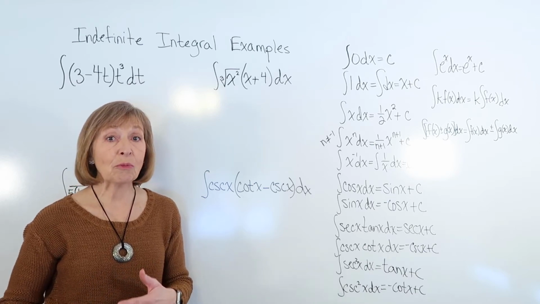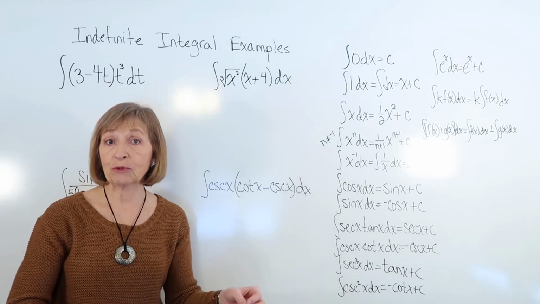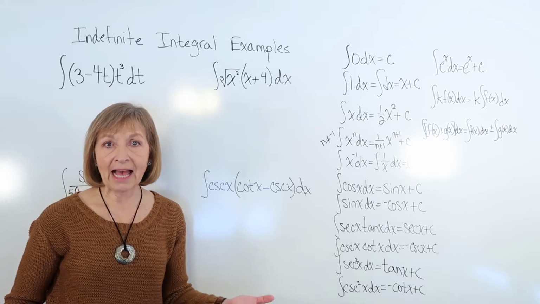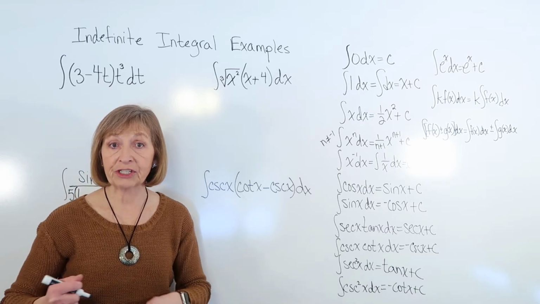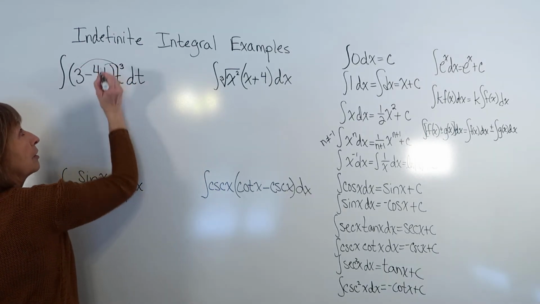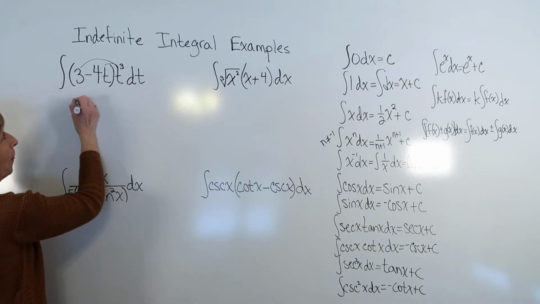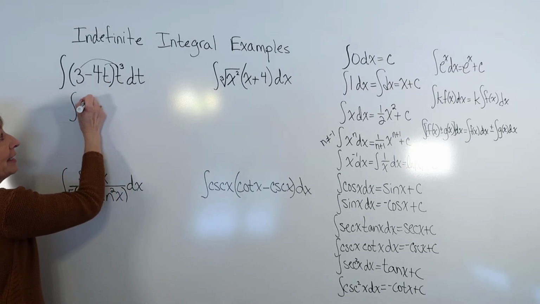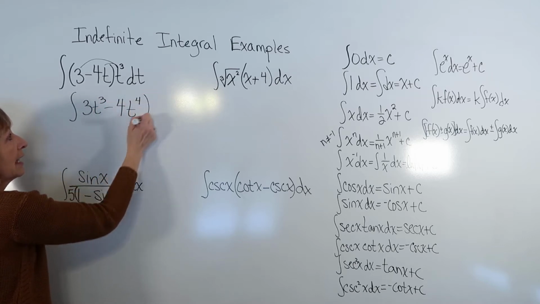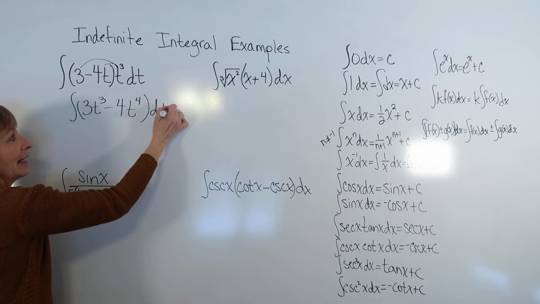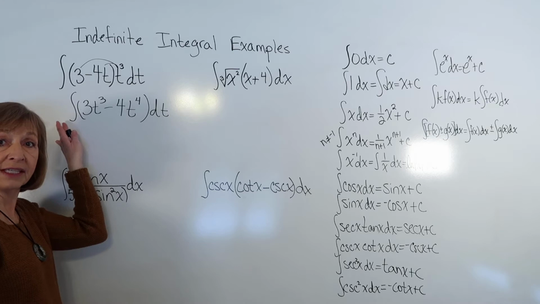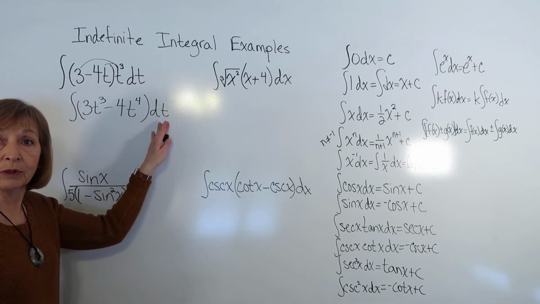But for now, if there's a multiplication of functions and it didn't come directly from taking the derivative of a specific item, then I have to do that product to get ready to do integration. So here I'm going to distribute this t to the third through each term in the binomial. Now I have 3t cubed minus 4t to the fourth as my integrand, and I just rewrote the integrand. I haven't integrated yet, so I still have to bring down the integral sign and what variable we're integrating with